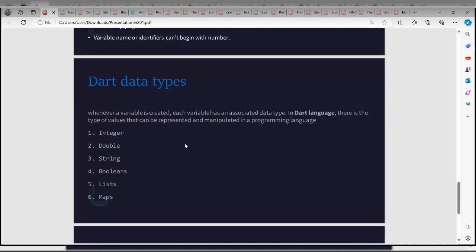Whenever a variable is created, each variable has an associated data type, which is the type of values that can be presented and manipulated in that programming language.